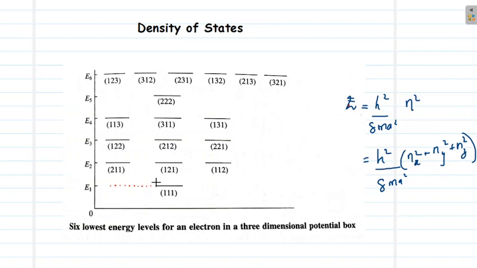So if we plot different energy levels, or different states corresponding to different energy levels, the distribution of different levels will be like this. So what is the meaning of density of states? If we choose any particular energy level, suppose this energy interval is represented by dE, within this energy interval, how many states are available to be occupied?